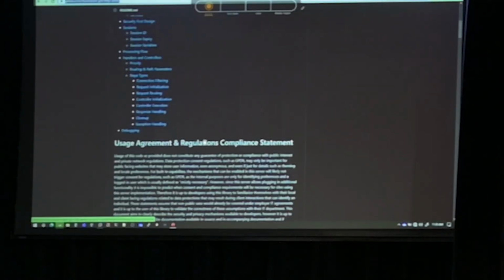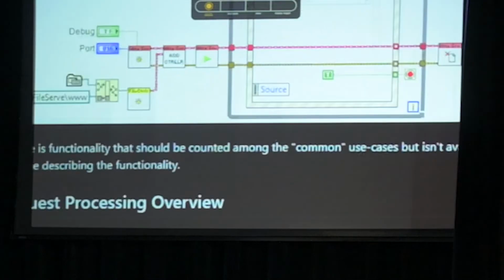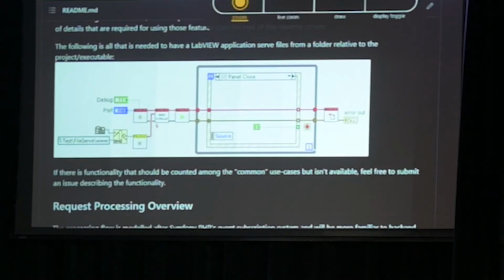But there's a lot of documentation on this repo, shows how controller registration works. So here's an example of, I just want to serve some things from a folder on disk. So you just configure a path. This one's doing it based on where the executable is, and then a relative folder to that, setting that as the path for this built-in file controller mechanism, registering that, start the server, and now that server will serve any